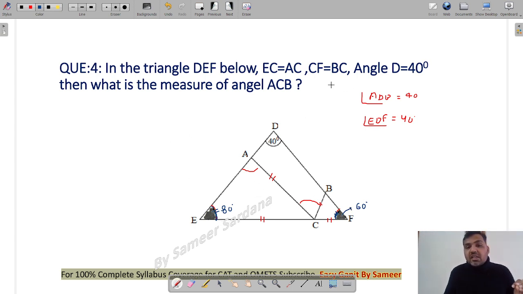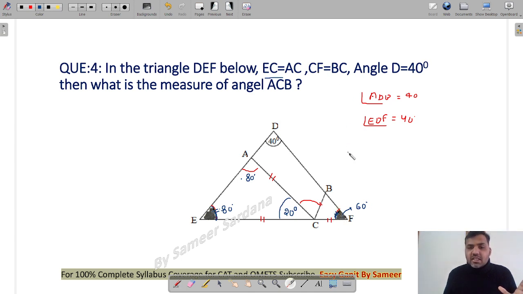Now, because the lengths of EC and AC are the same, can I say this angle will also be 80 degrees? So this is 80, this is 80, 160. So this angle has to be 20 degrees. The summation of all three angles of a triangle is 180, so if this is 80 and this is 80, this has to be 20, because the summation of these three angles has to be 180. Now this angle is 60, guys.